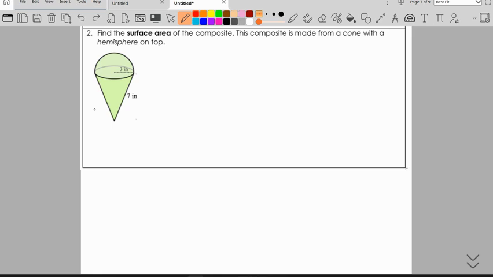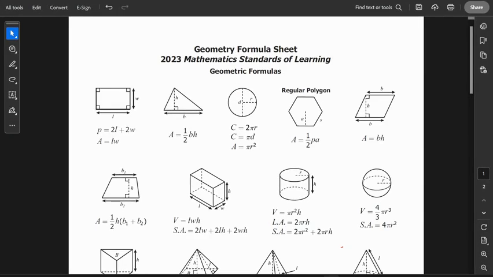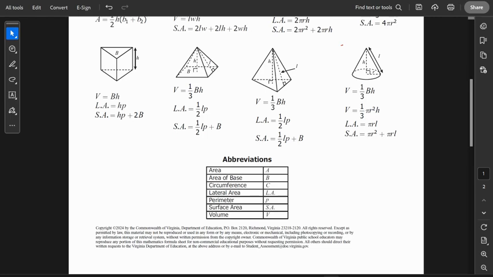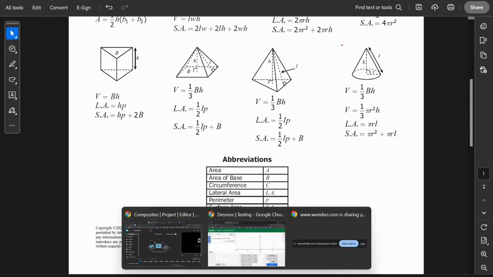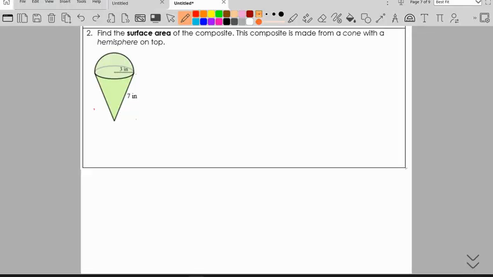If we go look at our formula sheet and we look at a cone, which parts of the cone can we touch? Can we touch the sides, the lateral area? If I look at my picture, yes, we can definitely touch the sides. Can we touch the base of the cone, that circular base? Is it on the surface of the composite? It's not. It's covered with that hemisphere, so we can't touch the base of the cone. So we only want the sides of the cone. My plan is shaping up. I want the lateral area of the cone, the sides of the cone, and then I want to add to that,